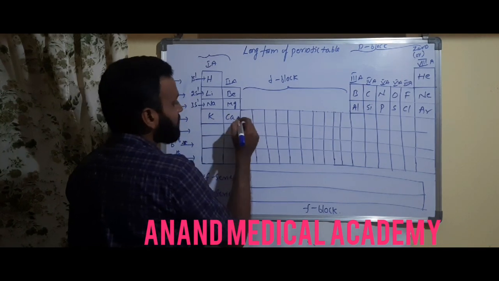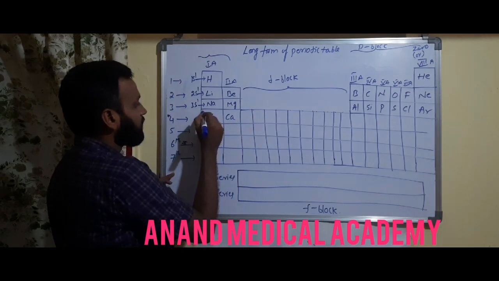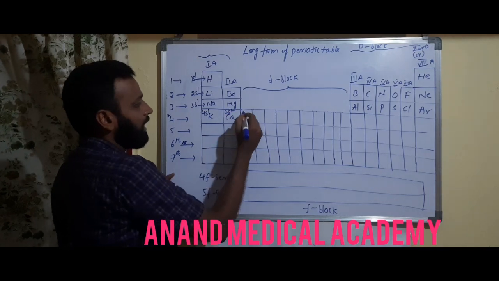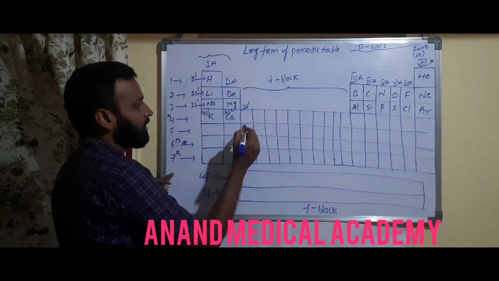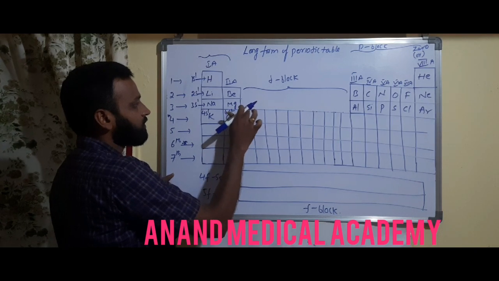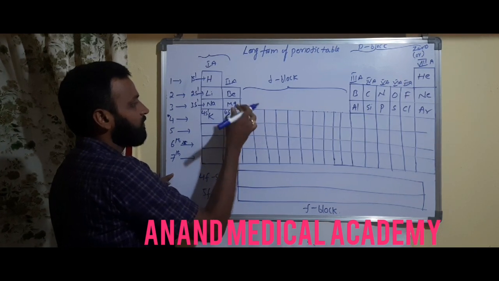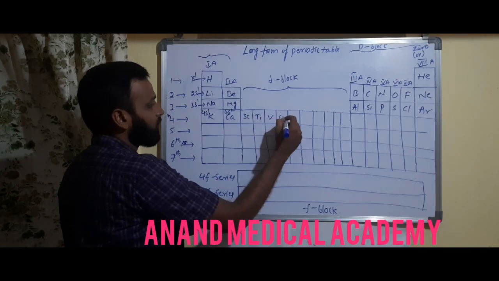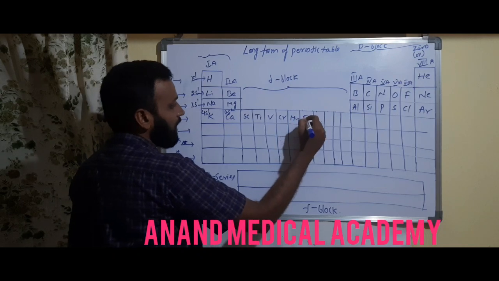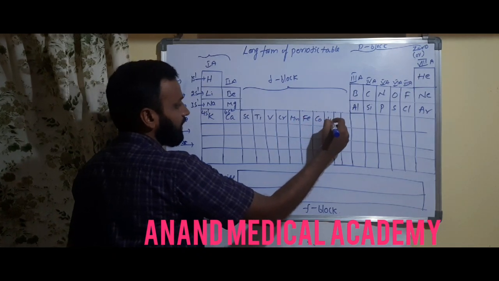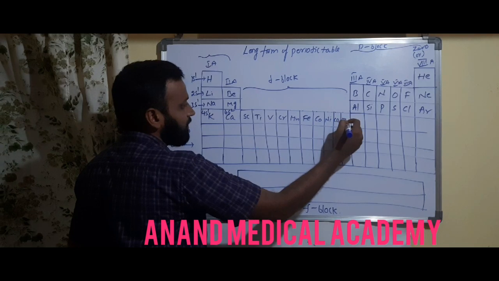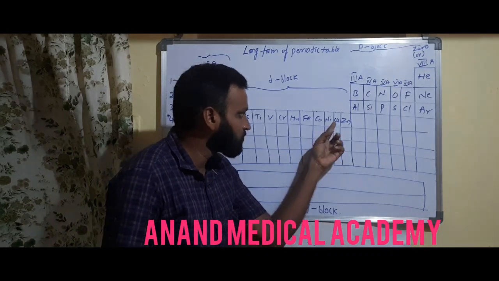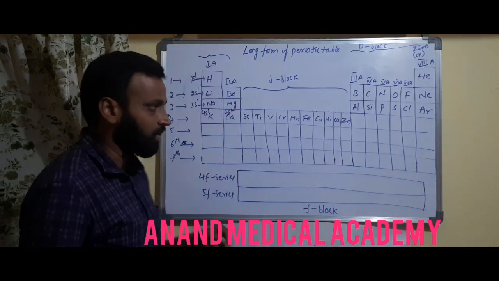So next, after calcium here, did you observe? Here it is 4s1, this is 4s2, right? And after 4s2, 3d1 will come here, I told you, 3d1. Correct? So 3d1 means scandium, then titanium, vanadium, chromium, manganese, iron, cobalt, nickel, copper and zinc. There is only a small gap, a small column, please try to adjust. This is copper and zinc, you know this already.